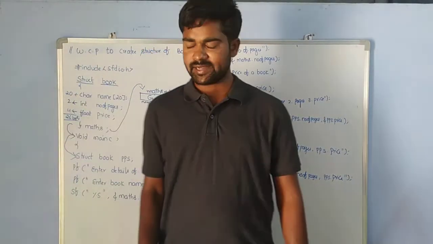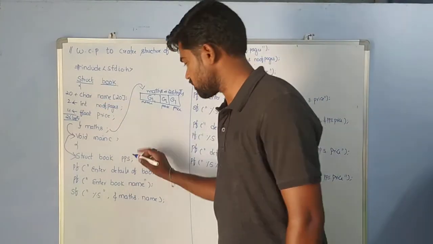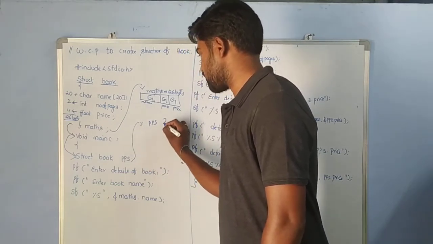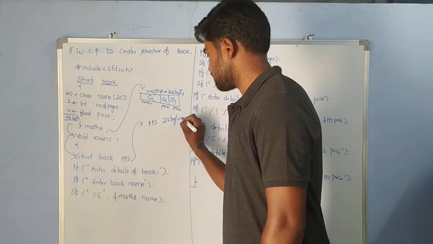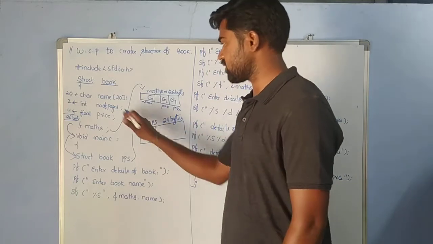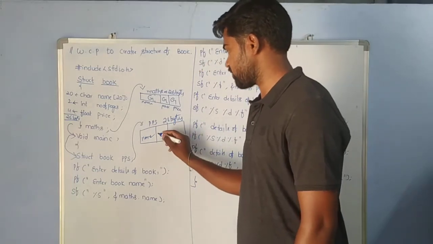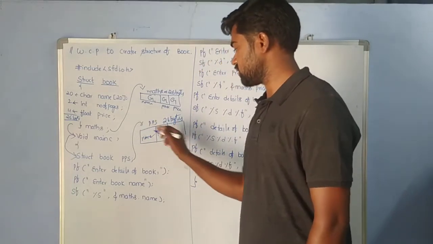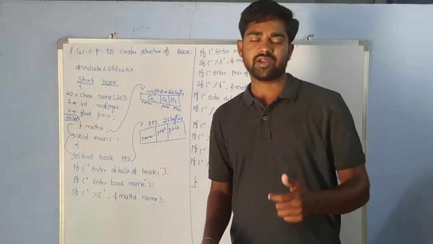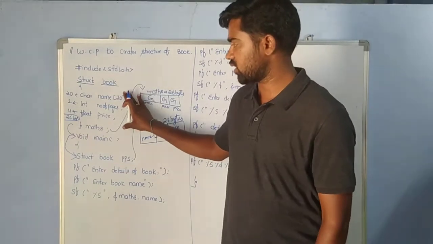PPS gets memory allocation for the structure of a book. On the name of PPS, it gets 26 bytes of memory allocation. Here 20 bytes are allocated to the name, 2 bytes for the pages, and the remaining 4 bytes are allocated for the price. So what you understood here is that whenever you have a number of variables, those variables get memory allocation according to the structure of a book.